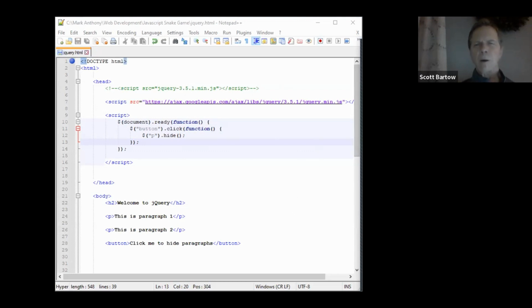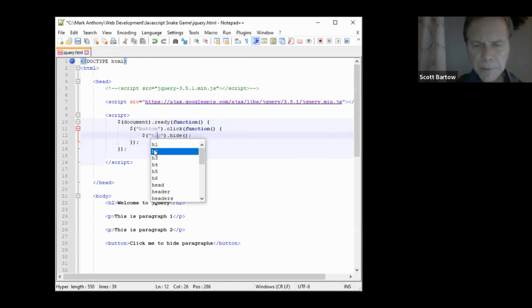All right, now if I just refresh my browser page, it brings the paragraphs back up, and I can click the button again and make it disappear. Refresh, all right? So what it did was it selected all the P tags in my HTML page. If I changed it, instead of the P tag, if I had selected the H2 tag,